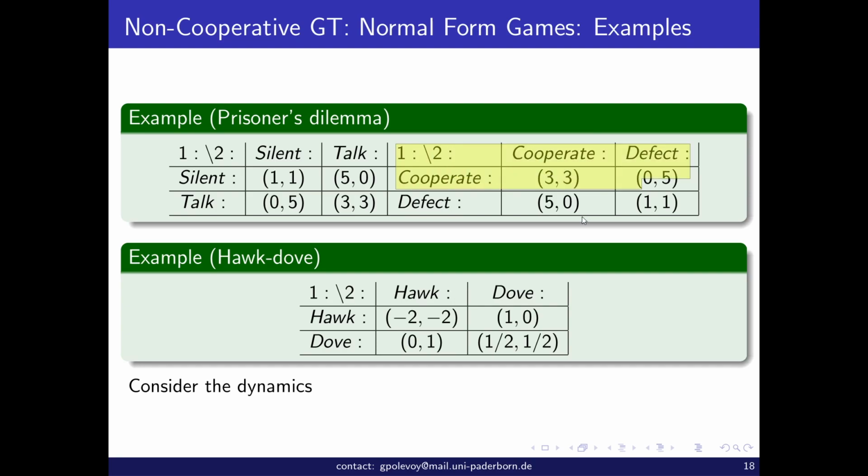Let's assume that the profile with which they begin is this one. So the best response for the row player, you may want to stop the video and think for yourself. Regardless of the column player's action, the best response for the row player is always to defect. So the row player does not change what she does. The column player, however, changes what she does. Because again, for her, the best response is always to defect, and the game is very simple. So they now move, the next profile is going to be defect. And that's where they stay. And actually, from any profile they move to defect, and that's where they stay. In this game it's simple.